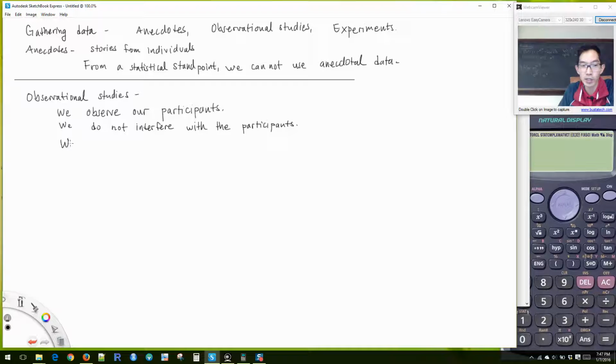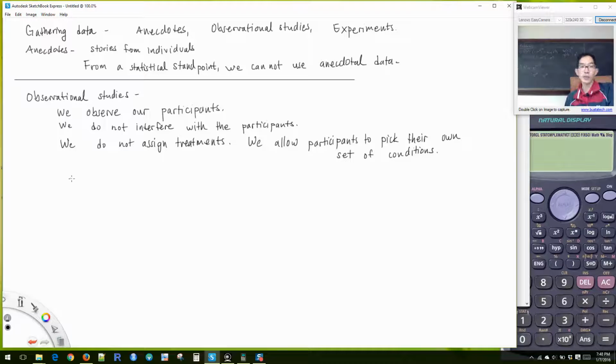We do not assign treatments. We generally allow the participants to pick their own set of conditions. Okay. And so at the end of an observational study,